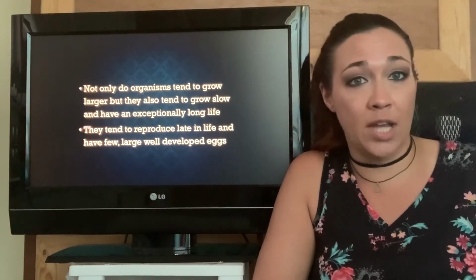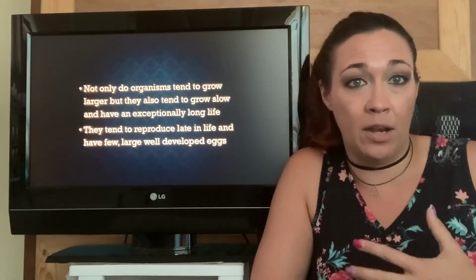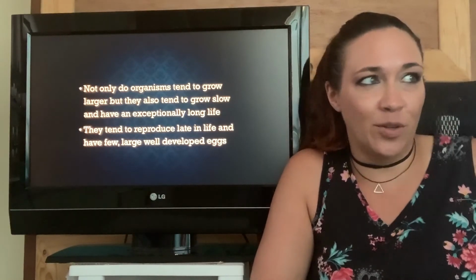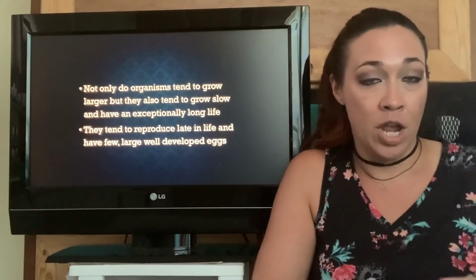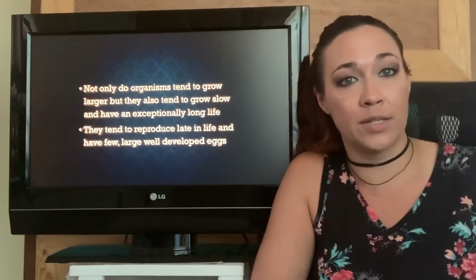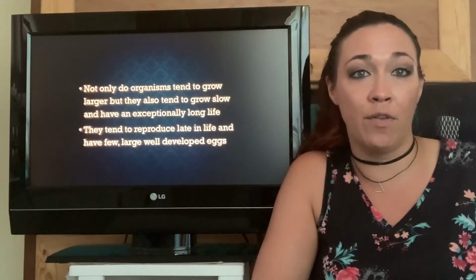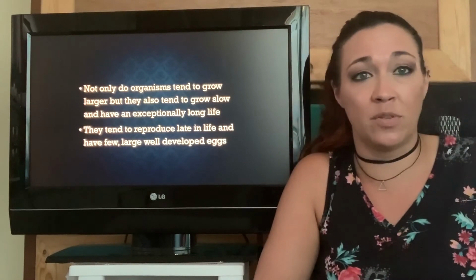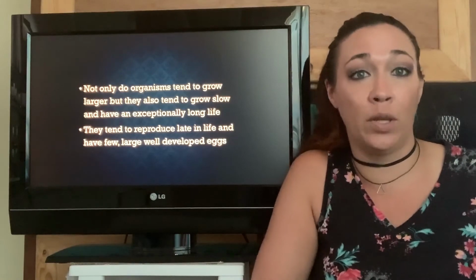So therefore it's really, really important to have fewer eggs, not like the broadcast spawners. You want fewer eggs, but you want to put that investment into them to make sure that they survive, because if you're an old, long-lived organism, you probably only get a few chances to reproduce throughout your life, and therefore you really need to make sure that one sticks and survives. And that's true of all long-lived, slow-growing organisms. Like us, it's really important to put enough parental care into those offspring so that they do survive. Unlike the broadcast spawners, which are just like, I don't know, I'm going to just produce several billion, and maybe some of you will survive, I don't know. But these longer-lived, slow-growing organisms really have to put that investment in